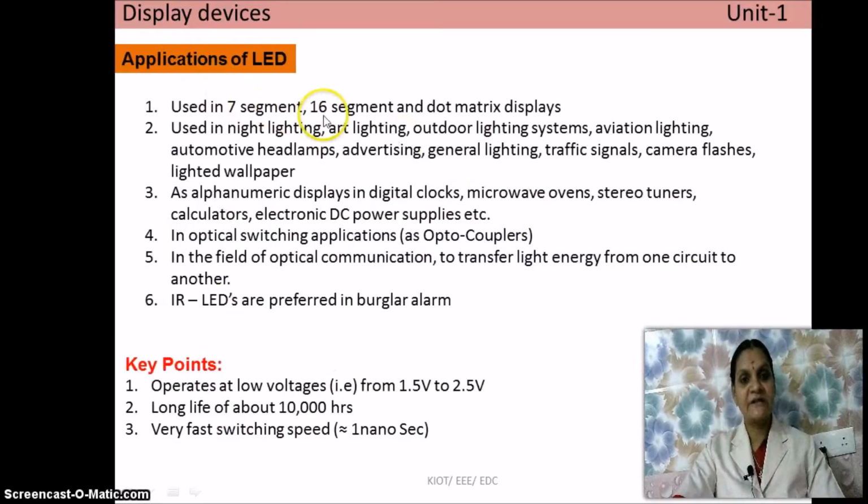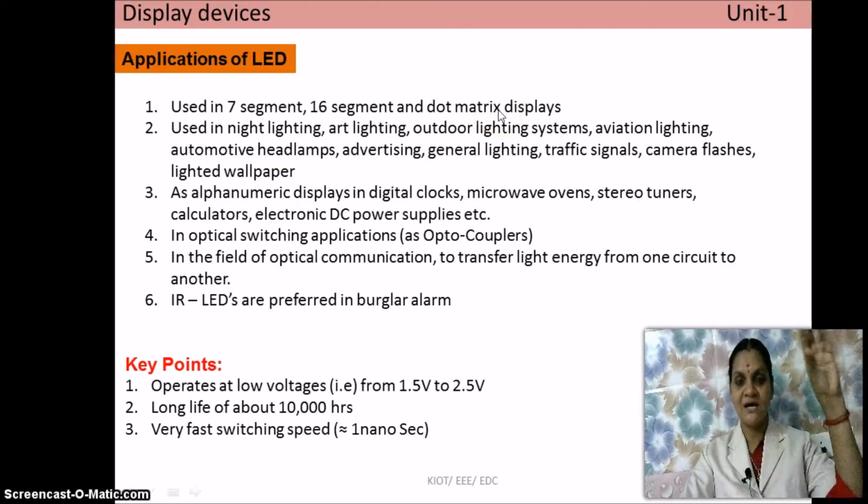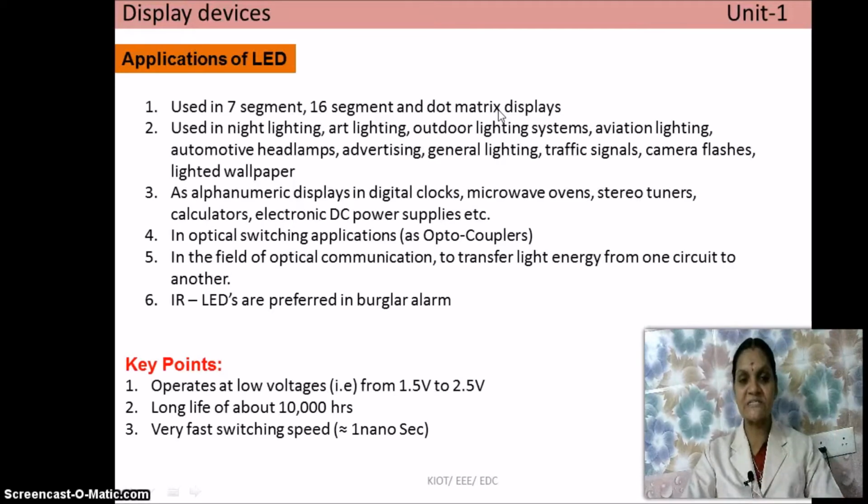And applications of LED means, you know, the LED is widely used in almost all applications. As a 7 segment display and 16 segment display, we are going to discuss in the next topic. Dot matrix display also uses the LED. Dot matrix displays means you might have seen some visual display boards in front of the shops, and in the case of some highways, some information will be scrolling on the highway side. So initially that was an LED display. Now it is an LCD display. Now plasma displays and all are there. So I am telling about these things in olden days.